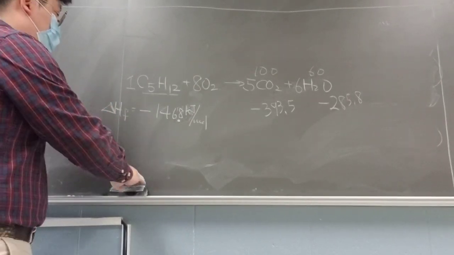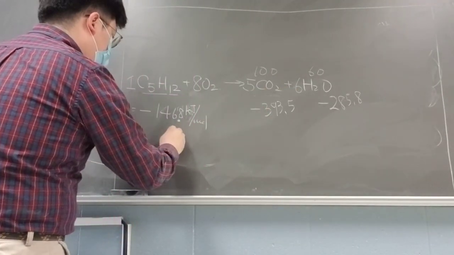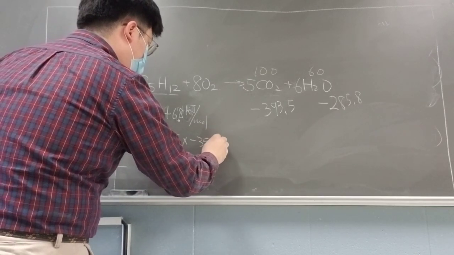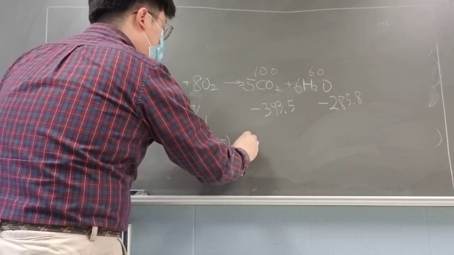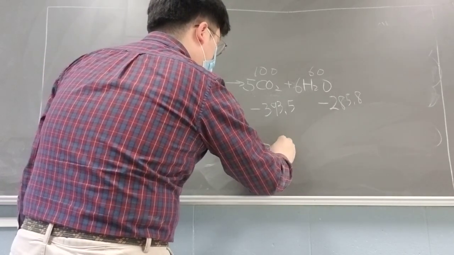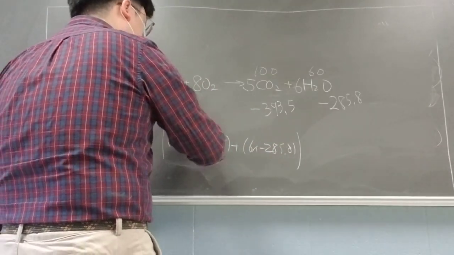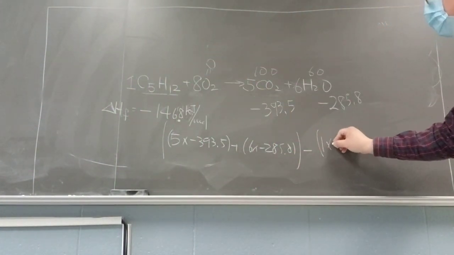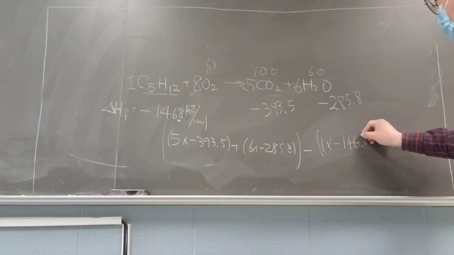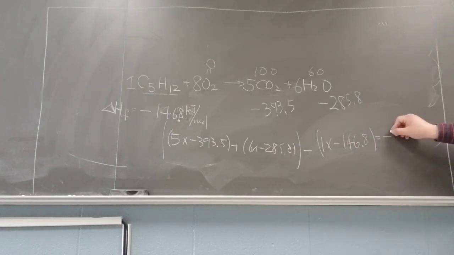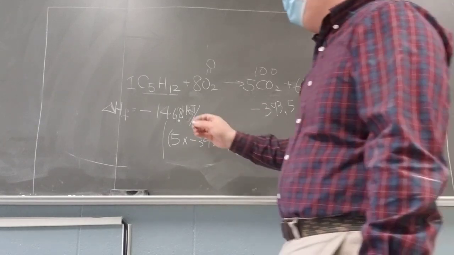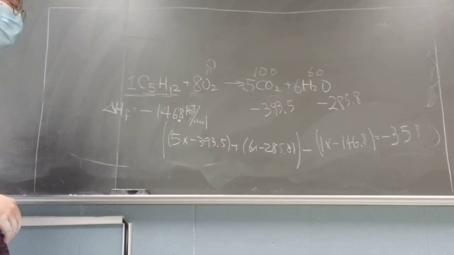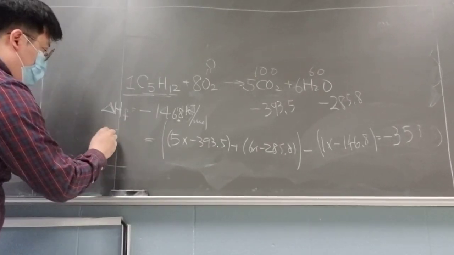So what I'm going to do is pretty much the same as what we did. 5 times -393.5 plus 6 times -285.8 and sum minus. So we don't care about this one, it's just 0. It'll be 1 times -146.8. So it should be -30,535. Perfect. In this case, we kept this one at 1 mole, so it's good at that point. So that is our enthalpy change